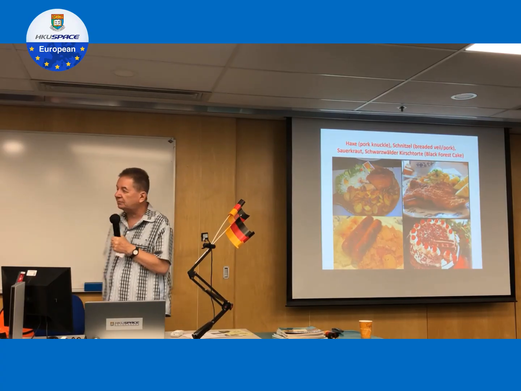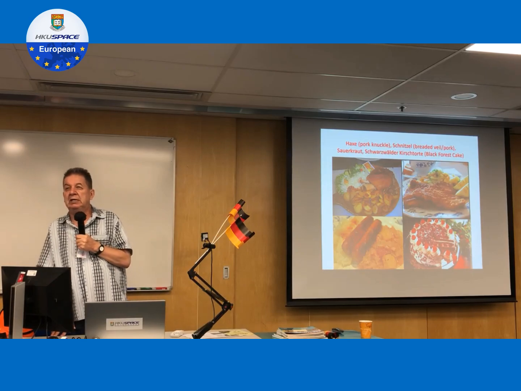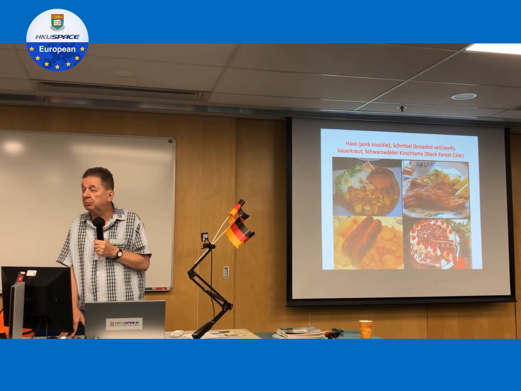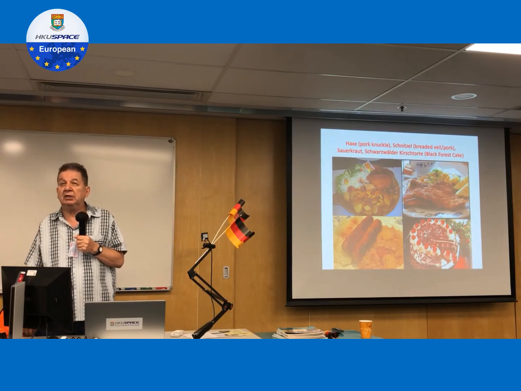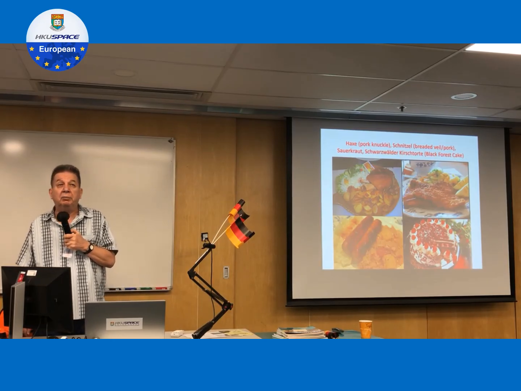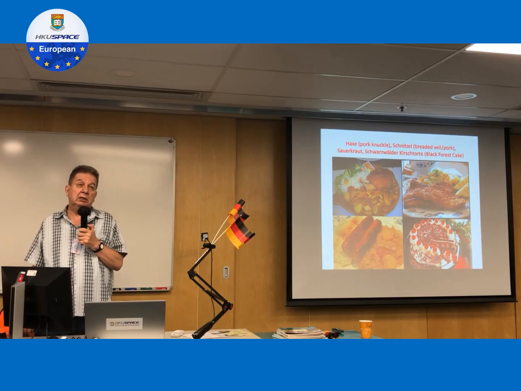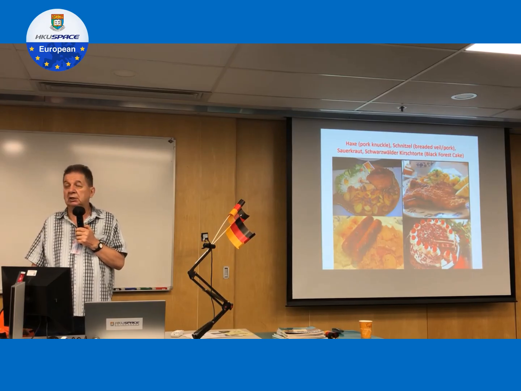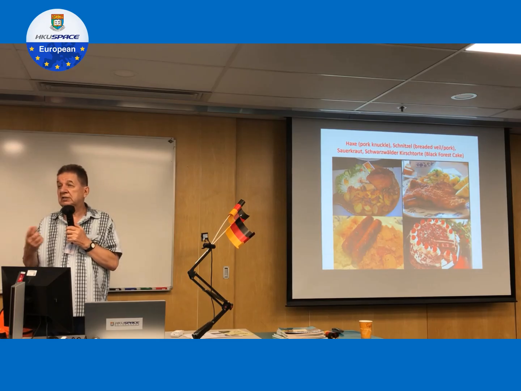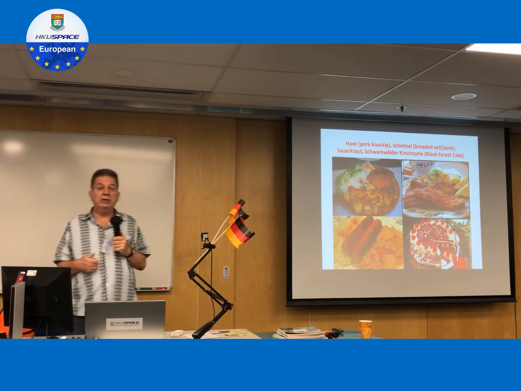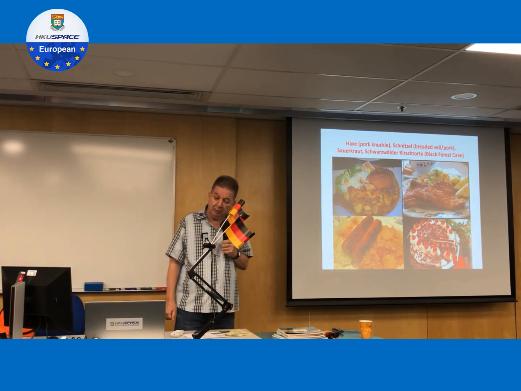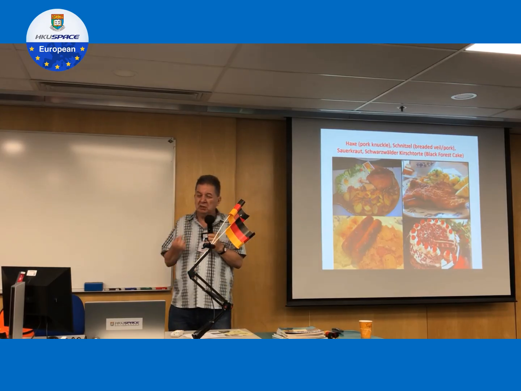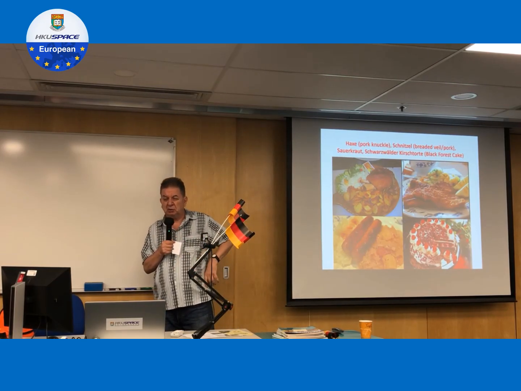Haxe. Haxe. Yeah, for the pork knuckle. There are two ways to prepare the pork knuckle. One is the crispy pork knuckle. That is what Hong Kong people like. That is what I also like. But let's say you are in the north of Germany, you must be careful to get the pork knuckle you want. And all of us here in the room, we want the crispy pork knuckle, not the other one. The other one is somehow cooked pork knuckle.